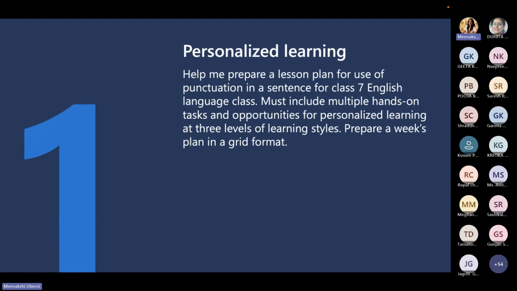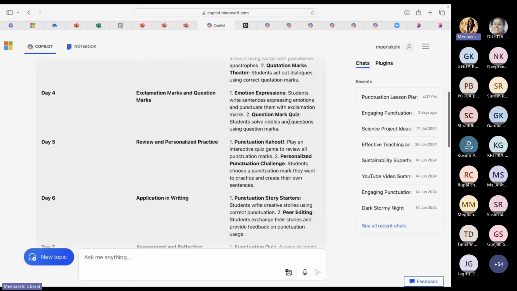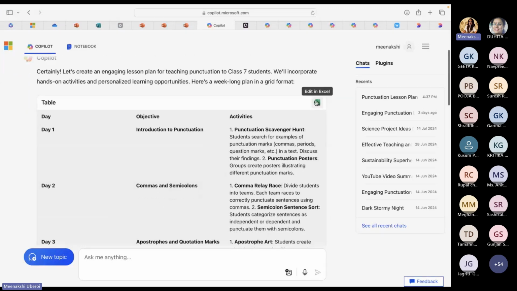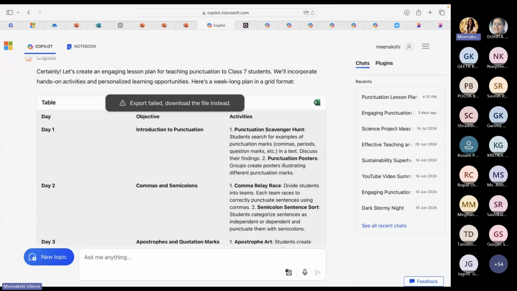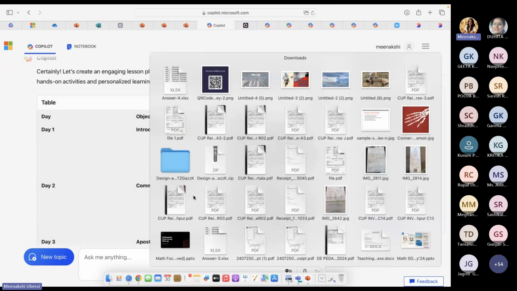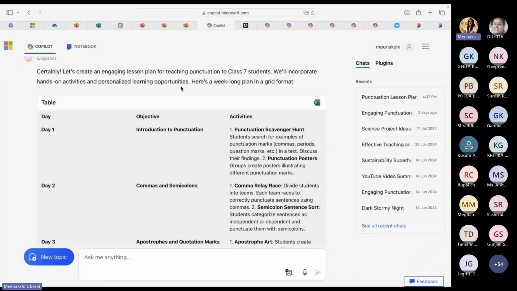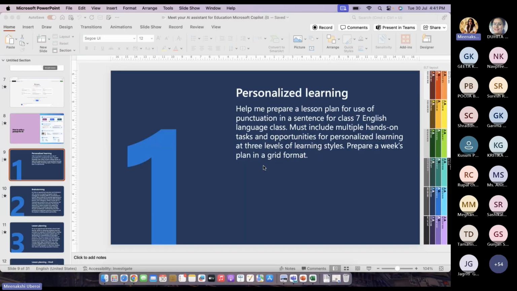Okay, so this was all about personalized learning, and I prepared a week's plan. Oh, wait, I forgot to show you something. The week's plan. Now, when you go over here, do you see this symbol? This is already available in Excel. All you need to do is export it, and over here, your Excel is available. That will have this entire table fit in an Excel format, and you could actually go ahead and use this directly from over here. So let's just open my Excel sheet